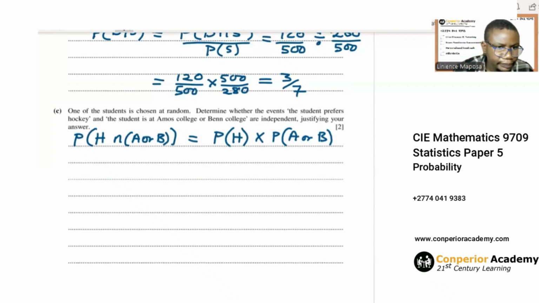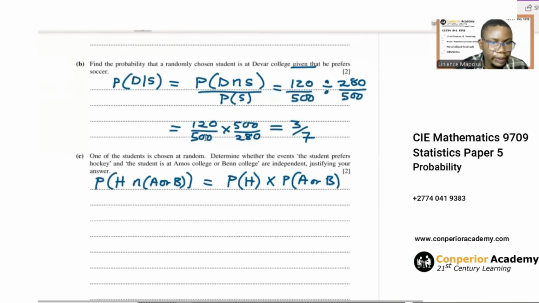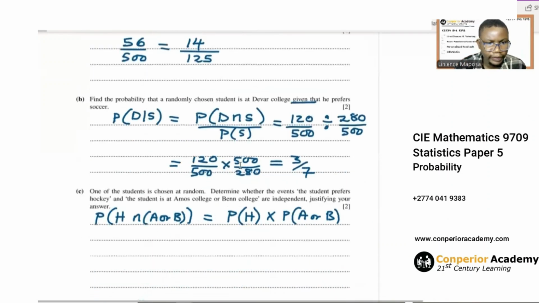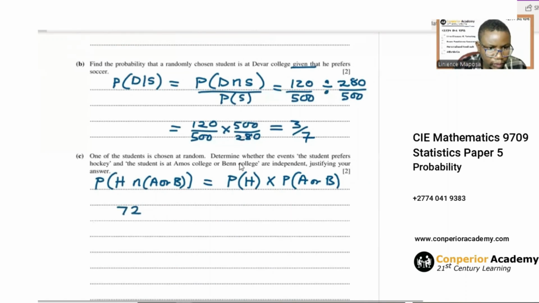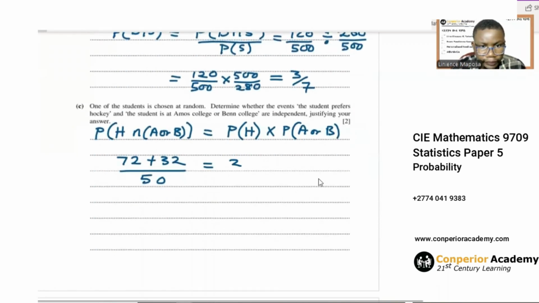So let me just calculate this probability. What is the probability that they prefer hockey intersection being from Amos College or Ben College? Okay, let's go back to our table and we should be able to pick this up. So Amos and Ben, so hockey preference is here and there, so out of the 500. So that's 72 plus 32 out of the 500. So here, this side, I have 72 plus 32 out of 500. And we want this to be equal to total hockey preference 220 out of the 500